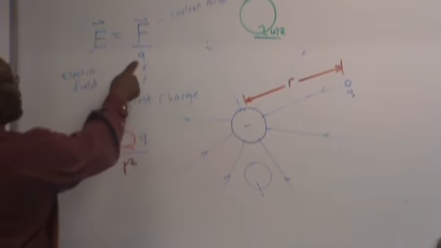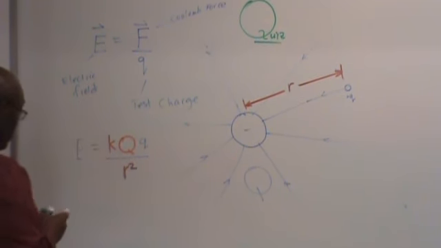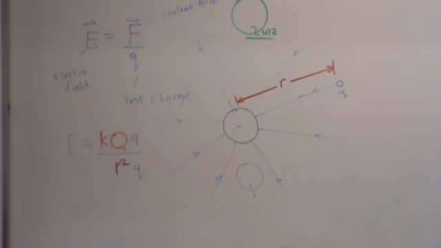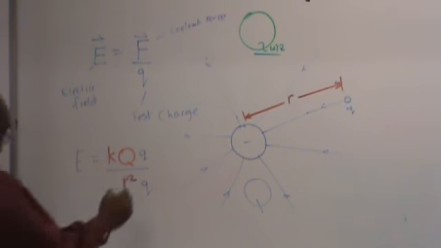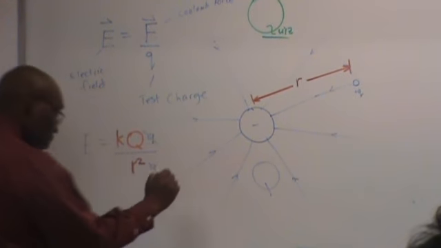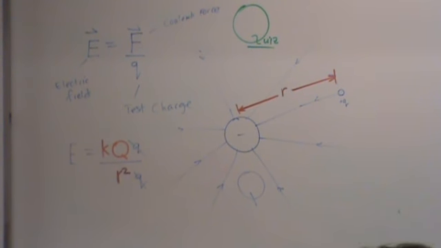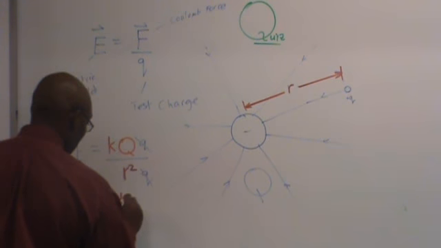Divided by little q. Right? And so what happens is these q's cancel. And when that happens, what we're left with is simply K